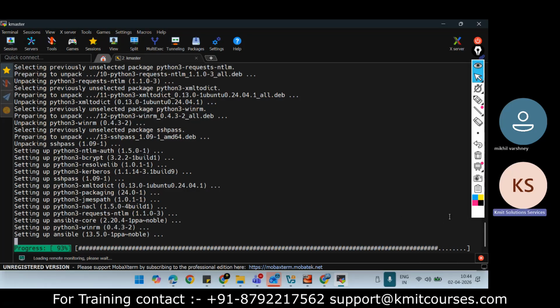Especially when we have the infrastructure on a local machine, it takes a little bit of time, so we need to wait for this.